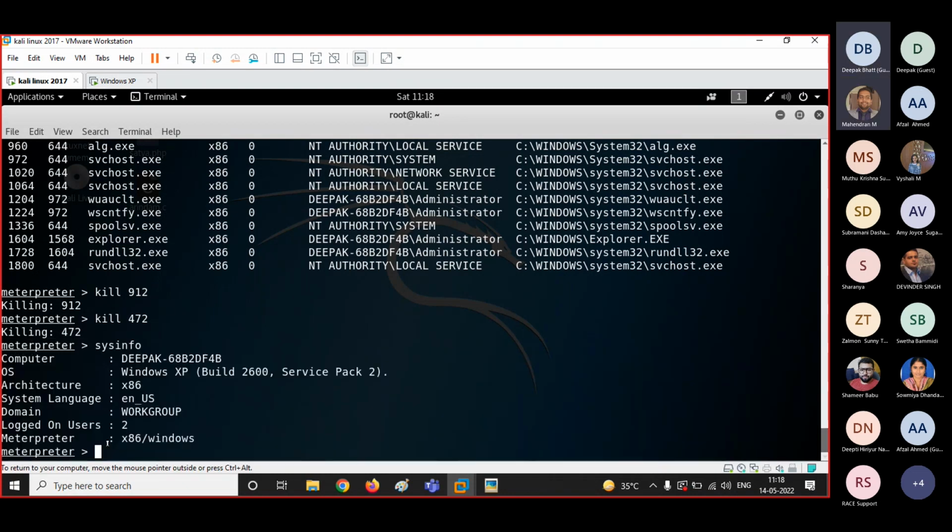You can also check since how long this target machine has been idle. So you can type the command that is idletime.